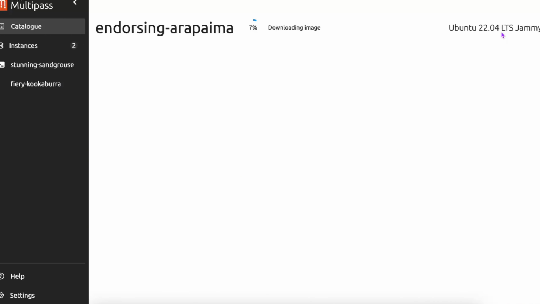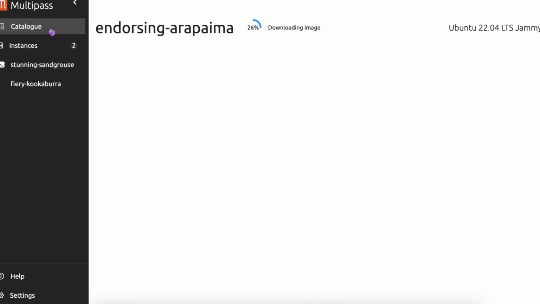You can also do this with your macOS terminal. Just simply do multipass launch jammy, which is the name of the VM, and it will launch an Ubuntu 22.04 LTS VM for you. Now, if you look to the blade by the left, you'd see the catalog, which shows the different